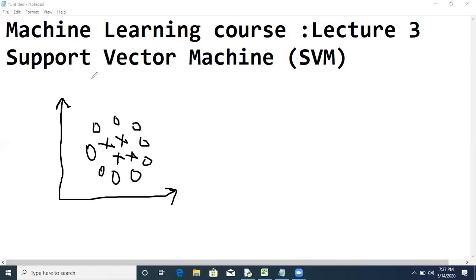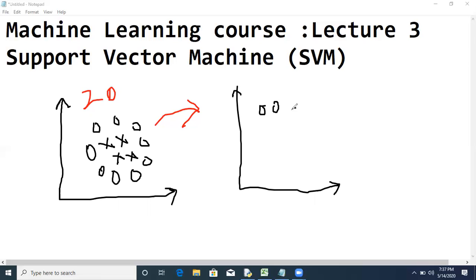So this is two-dimensional data. So we will shift this data into higher dimension by using functions. There are multiple functions like linear function, Gaussian functions. These functions we use in SVM. So these functions will shift the data to the higher dimension.